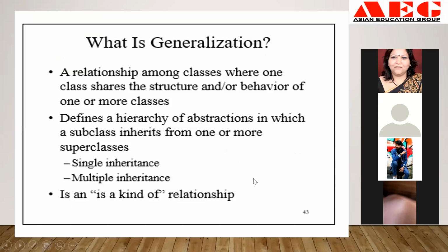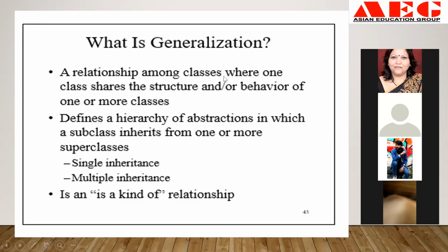Now, generalization. What do you mean by generalization? General means it represents general attributes or general properties of anything. For example, if I say student, it is a generalization concept. But if we talk about the BCA student, then I have given a specialization to it. BCA means computer application student. So generalization means a common property to all students, teachers. It's common, but I am a computer science teacher, so my specialization is computer science. So generalization means that we are talking about the similar properties of a group of classes or group of objects.